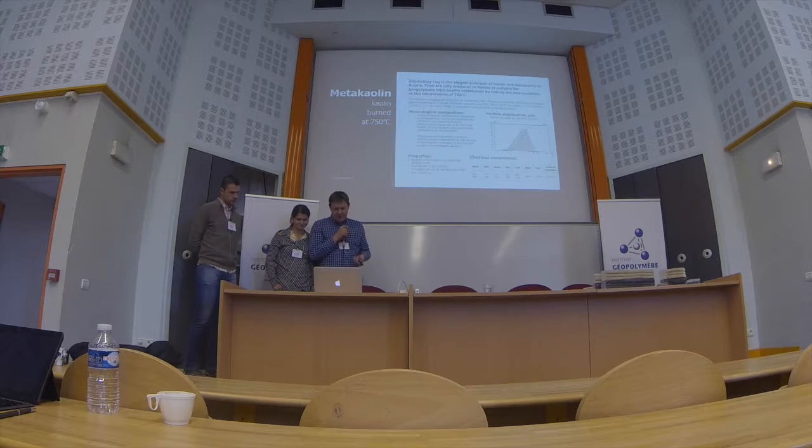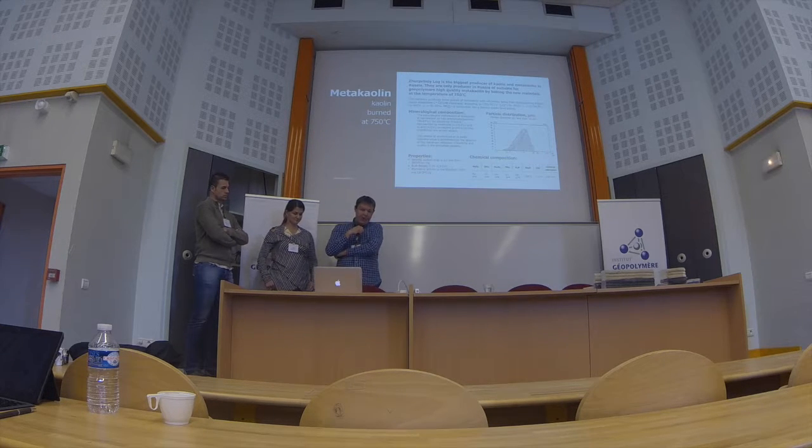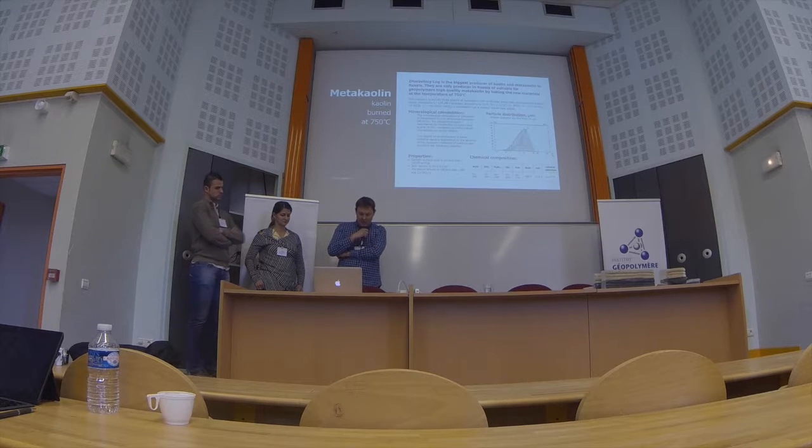So the next material is metakaolin. We have the only supplier in Russia of metakaolin, the Zhuravlin Log company. They're located also in our region, and they have quite good metakaolin suitable for geopolymer applications. We made one of our recipes based on this metakaolin, and as they said, it is made at around 750 degrees Celsius in a rotary kiln. It has a very high amount of amorphous phase, about 92%, and the particle distribution is not so good, but it is very good for geopolymer applications, better than the other